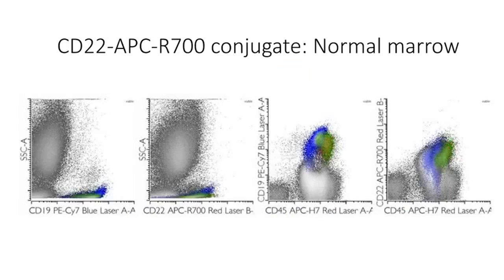So BD made a CD22 APCR 700 conjugate for us so that we could test this hypothesis, and the results are shown here. Here we have CD19 and PE-Psi7. You can see it's a very robust gating antigen. It detects both the immature in blue and the mature B cells in green and red. CD22 picked out most of the B cells, but unfortunately the less mature B cells would blend into background. And if we relied on this as a gating reagent, we might miss a subset of